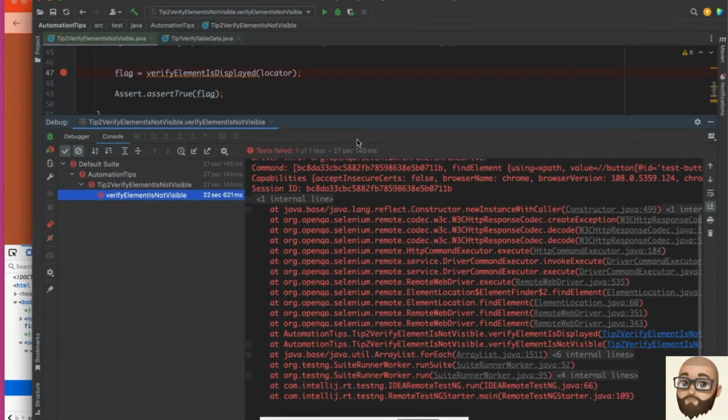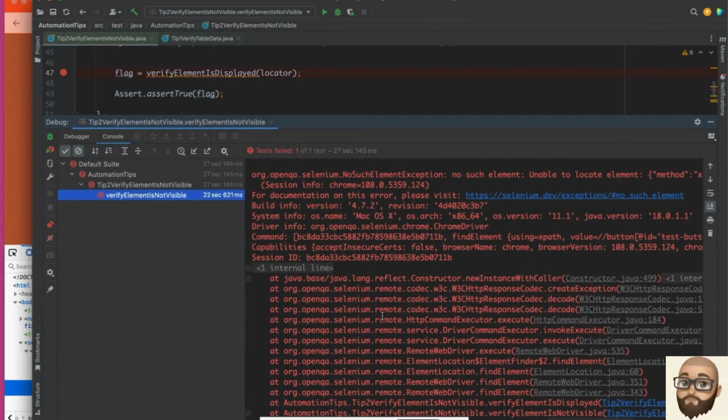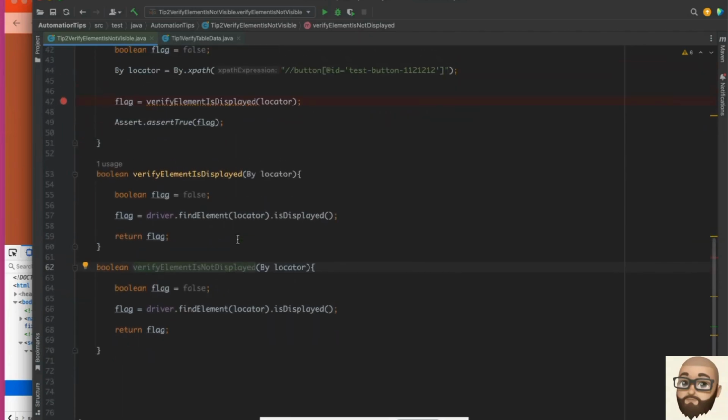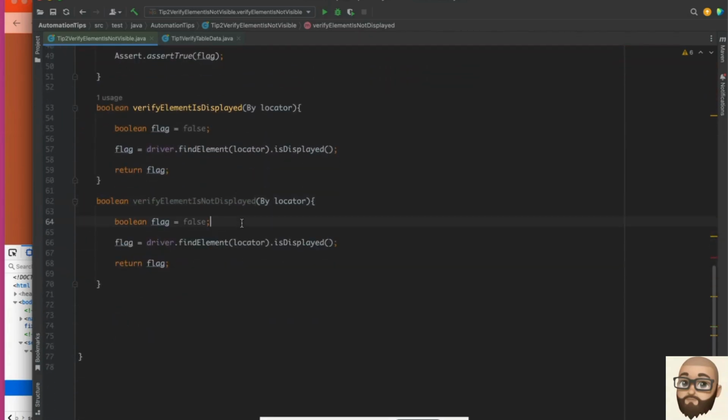Let me make this bigger. I'm getting an exception, a no such element exception, right? Because I directly just looked into this here, and my code wasn't able to continue its execution because it got stuck here, right? So to overcome this, what I'm going to do in this method, which I'm going to use in my next test run,